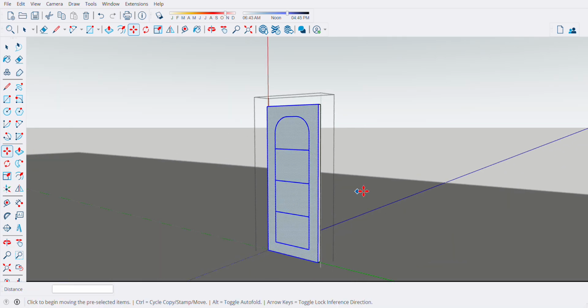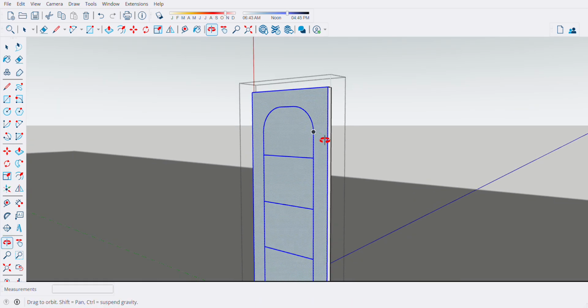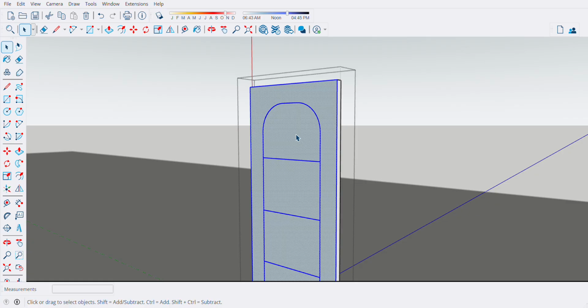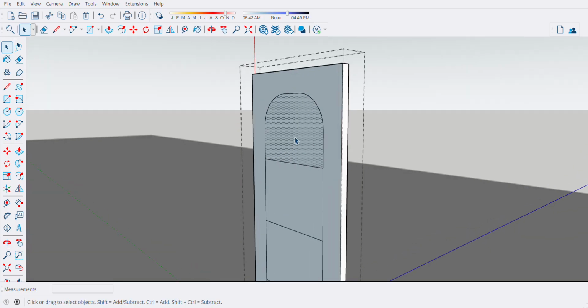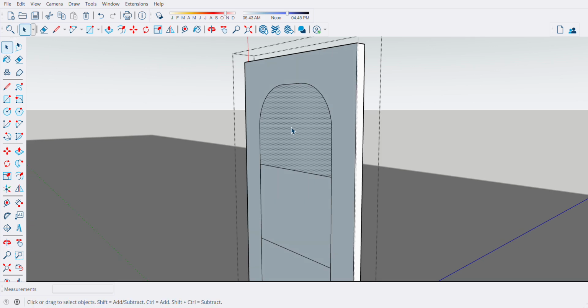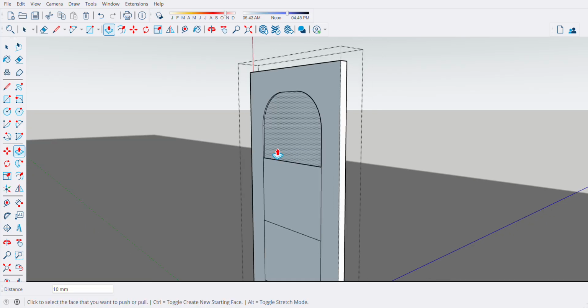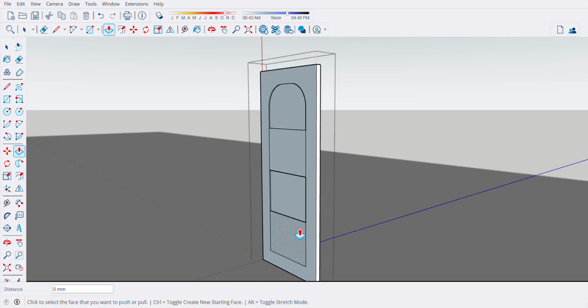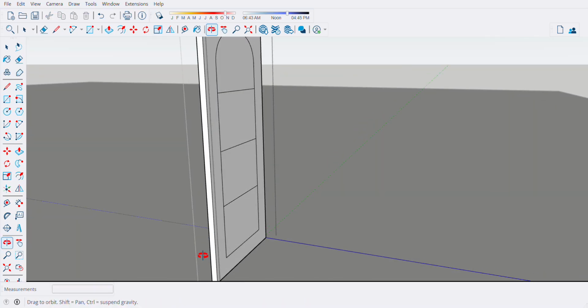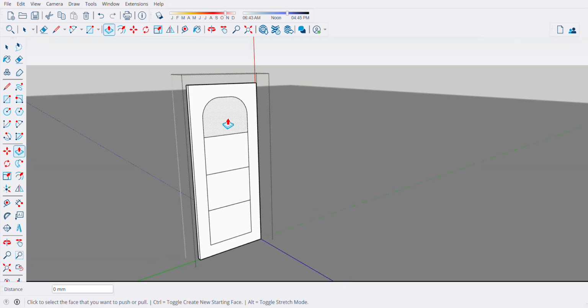So see, this is now our door, but we need to push this one. Pull to say 10, and this one, okay, stay. This one 10. This one is the same. This one 10, this one the same.